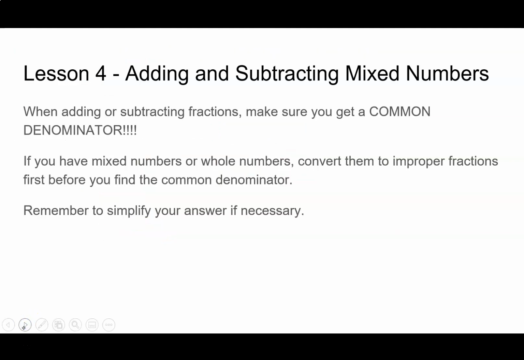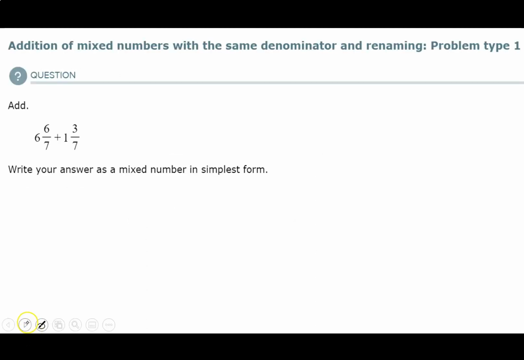Okay, we're going to use that idea to help us add and subtract mixed numbers. So when adding or subtracting mixed fractions, I should say any fractions, you want to make sure you get a common denominator. If you have mixed numbers or whole numbers, convert them to improper fractions before you find the common denominator, and then simplify as necessary. So if I have 6 and 6 sevenths plus 1 and 3 sevenths, first thing I'm